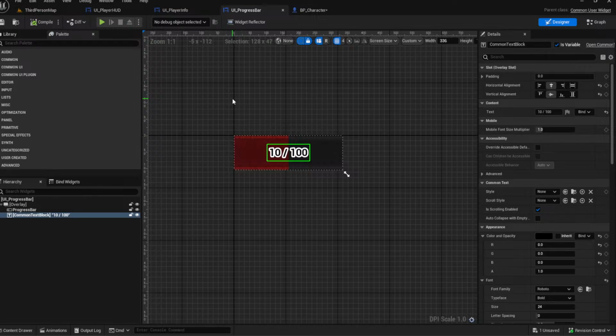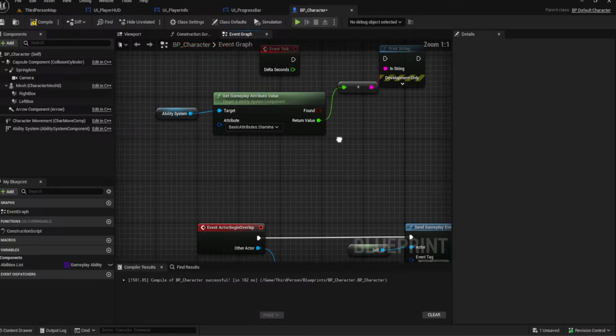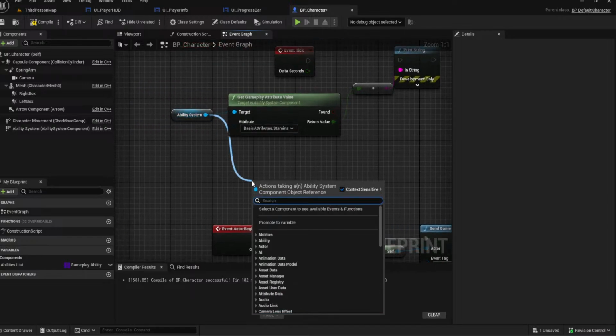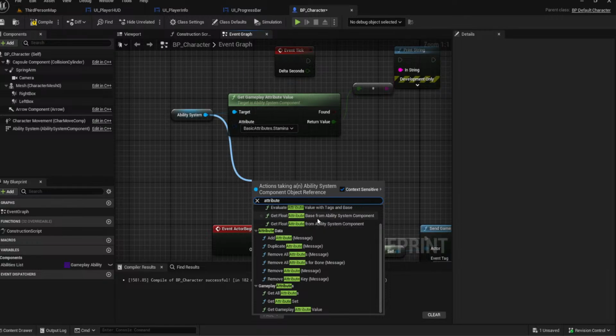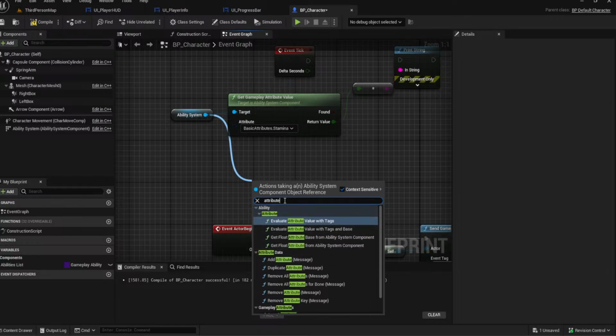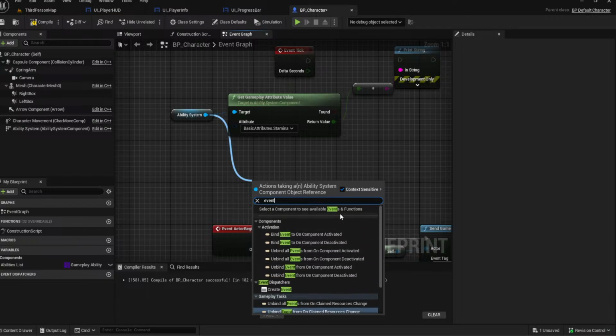But I'm not sure if I want to do an event dispatcher so that on health changed, do whatever. Because within this attribute event,